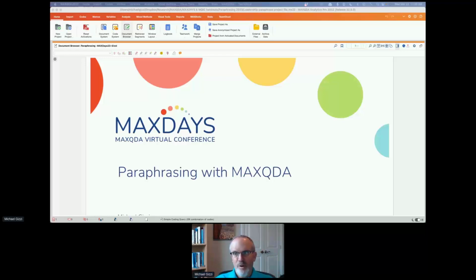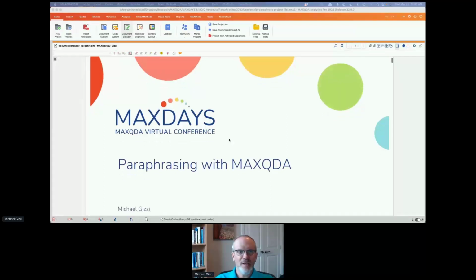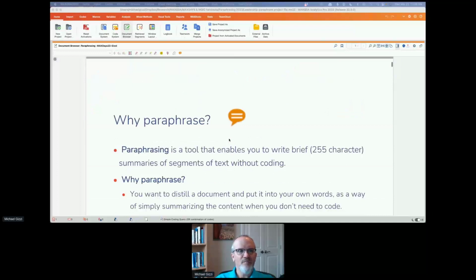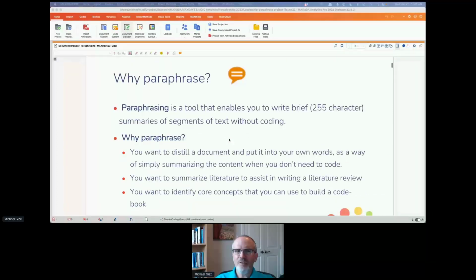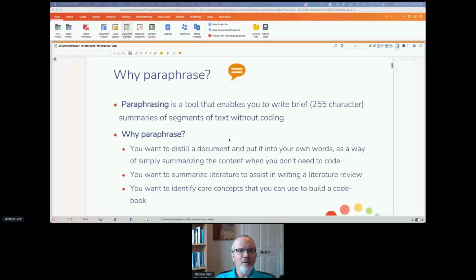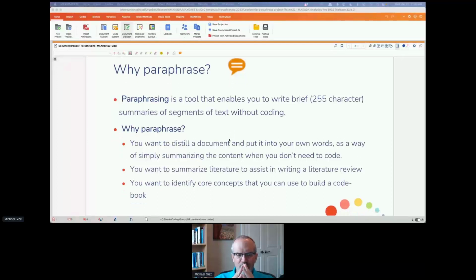Exploring how it's used. It's actually fairly easy to use, but we'll see the various ways you can take advantage of it. So paraphrasing is something that you probably don't think about a lot when you're initially conceptualizing using MAXQDA, because you often will think about, well, I'm coding data, I'm doing a content analysis.